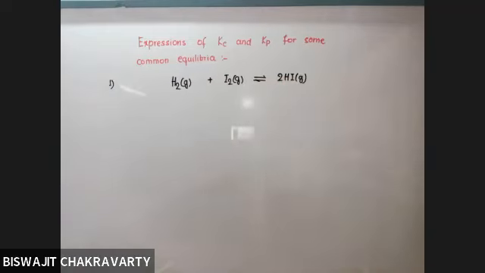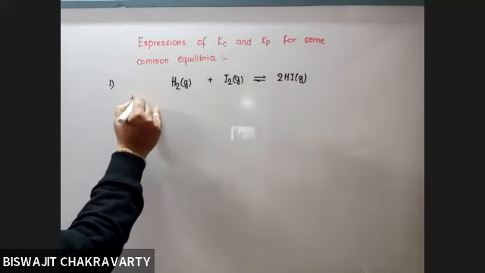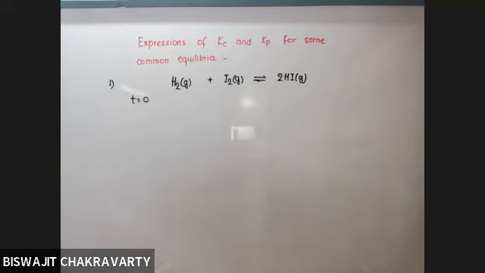So as we can see, it's a special type of equilibrium reaction where there is no change in the number of moles. Delta Ng is 0. And we know that if delta Ng is 0, then Kp and Kc will be equal for such kind of expressions. So let us say that when the reaction did not start, time was 0,